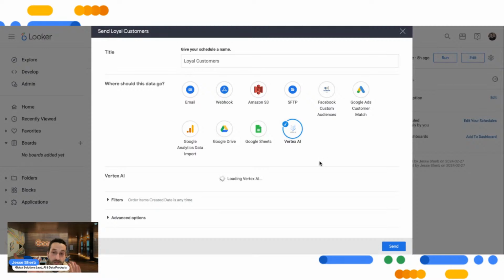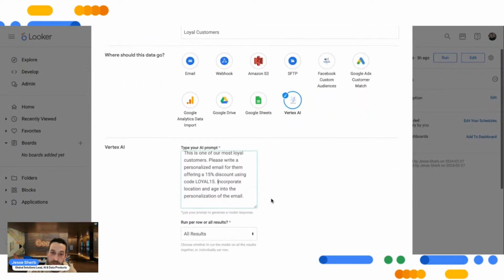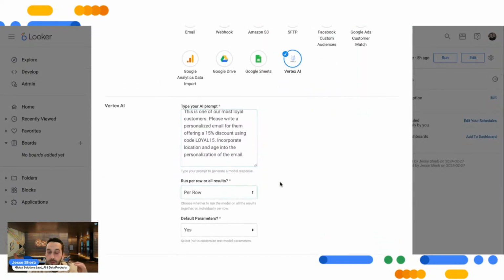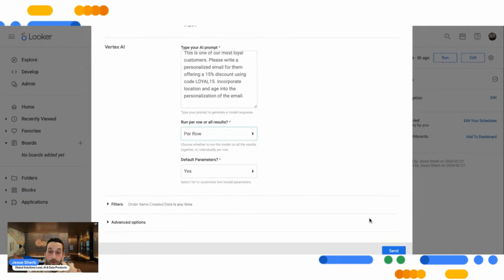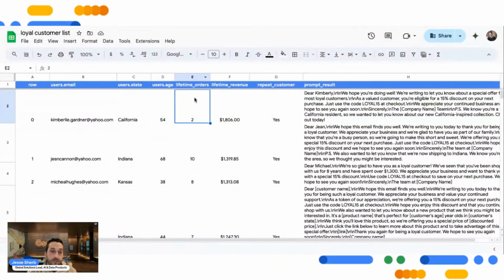This is really just a simple API call that we can make from Looker to Vertex, where we can send any of our data from Looker, along with a user prompt and some prompt engineering we're doing in the backend, through to Vertex. In this case, when this loads in just a second, we are going to ask if we can write personalized email copy for each and every one of these users. We're going to offer them a discount code, and we want this task to be iterated per row, per customer. We can send that off, and our output is going to look something like this,